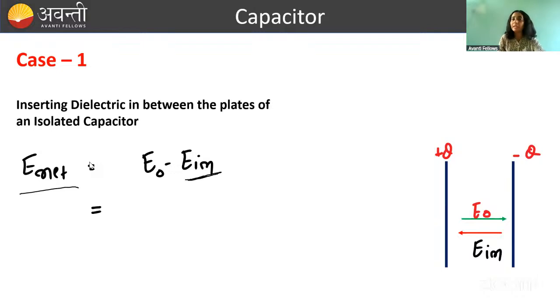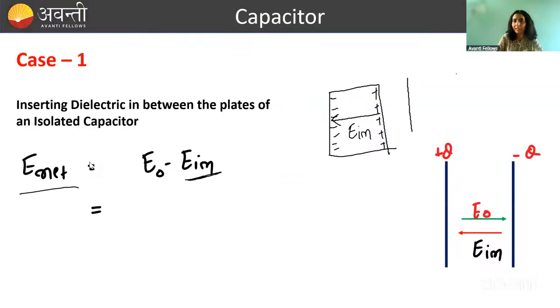And what will be the formula of E induced? If you remember, this is the dielectric, right? In this space the dielectric was like this: this was the negative plate, this was the positive plate, and the electric field induces like this. If you see carefully, this dielectric has one surface on the left hand side and another surface on the right hand side. On this surface there is negative charge, on this surface there is positive charge. So to calculate the electric field because of induced charges, what formula can we use? We can simply use the same formula, sigma by epsilon naught, where sigma will be the charge density of the